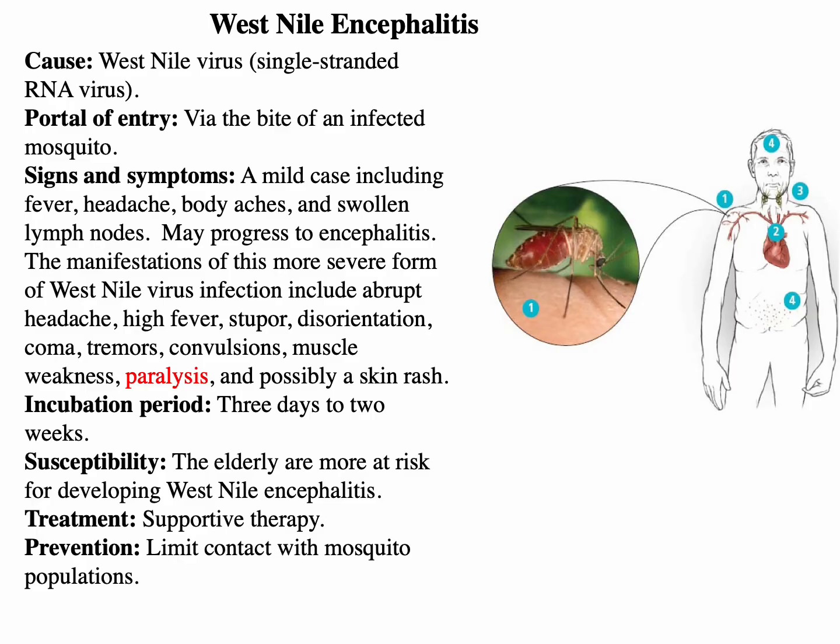We're going to say a few words about one of them, West Nile encephalitis. This is one of those listed in the previous slide, and it is a single-stranded RNA virus that enters the body through an insect bite. So the mosquito, the carrier, comes and bites a person and infects the person. There is a whole variety of symptoms here, and I think you don't have to memorize all of this. It's basically very similar to other CNS infections. You have